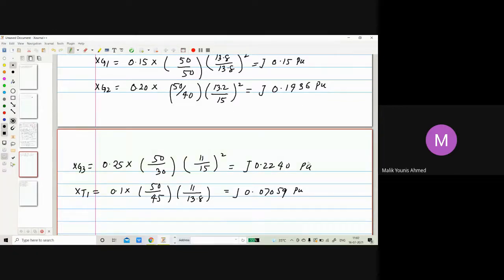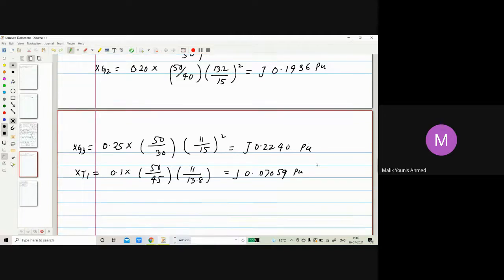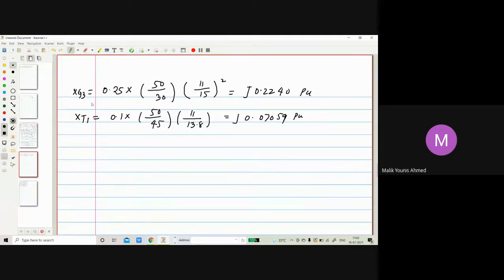I think the values are very simple. It's a very simple logic in these questions. It's not so difficult. You have to go through them. You have to practice this yourself also. Then you can easily solve this type of numericals. This looks difficult, but I have made it easy for you. So next go to the XT2.